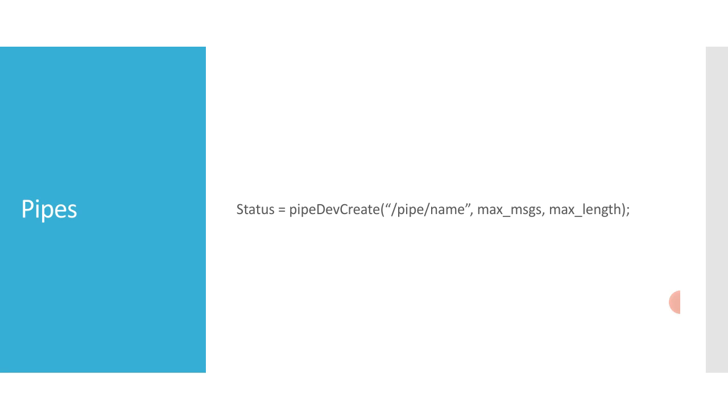The task can use the standard I/O routines to open, read and write pipes, and invoke the ioctl routines. As they do with other I/O devices, tasks block when they read from an empty pipe until data is available, and block when they write to a full pipe until there is space available. Like message queues, ISRs can write to a pipe but cannot read from a pipe. You should note this.